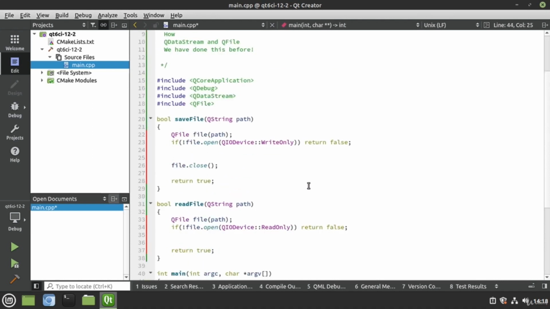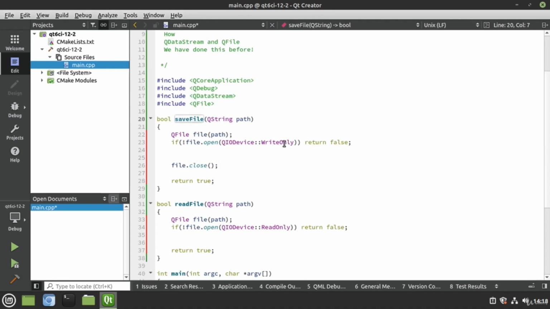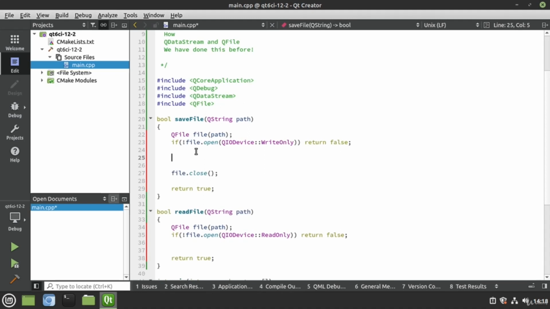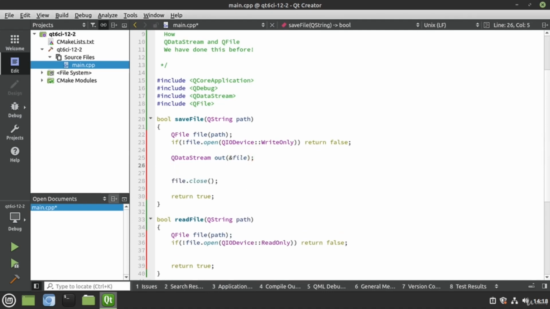All right, in our save file, we're going to open this in write mode, otherwise we're going to return false. This is where we're going to actually start coding here. What we need to do is say QDataStream, and let's call this out, and let's give this our file. This is assuming, of course, that we have opened that file in write mode, and we're good to go. From here, I'm going to say